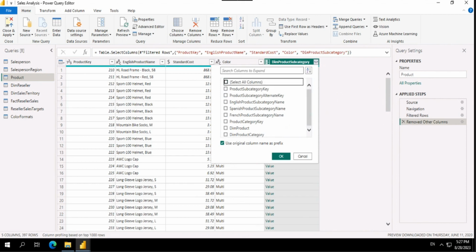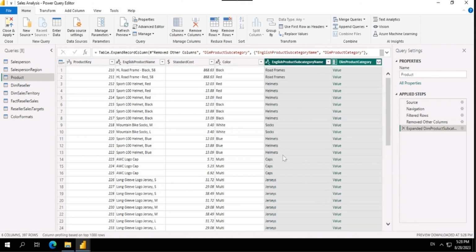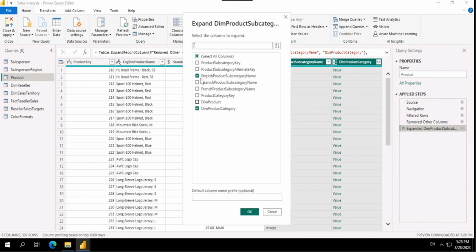What we'll do is we'll just select the subcategory name, English product subcategory name, as well as the dim product category, and we will uncheck this use original column name as well, and then click on OK. If you can see, it has been expanded as two columns, and the dim product category has table values itself. If you can see this transformation applied step, it says expand dim product subcategory, so it is still opening up